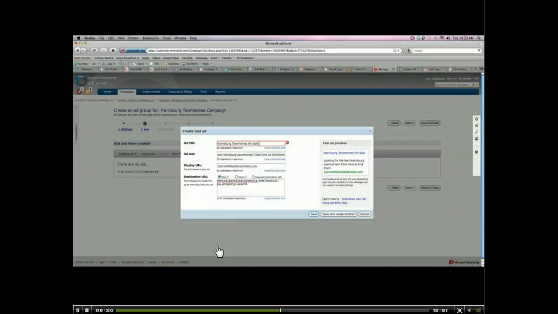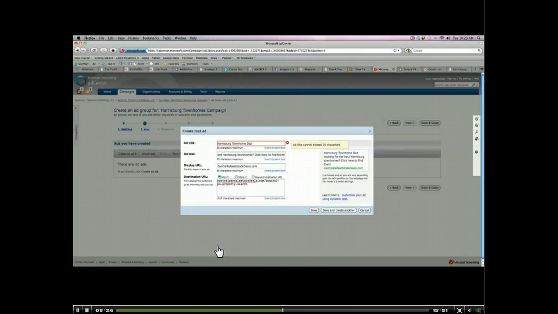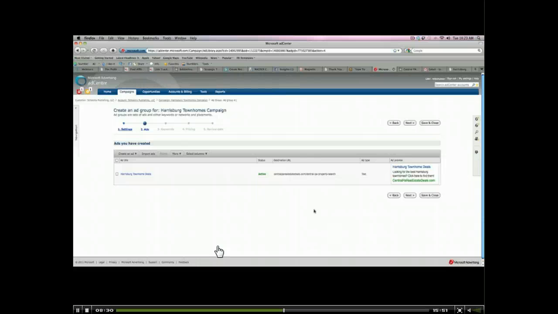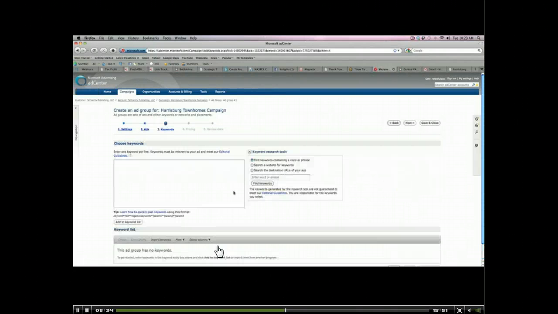And we've got too many characters. So Harrisburg townhome, let's do deals. Hopefully that doesn't exceed, and we're good. Okay. Let's click next. Keywords. Now, this is where you would, if you had an existing campaign that was doing really well,